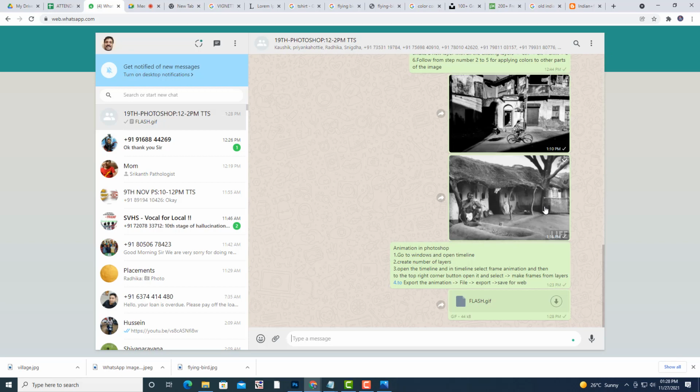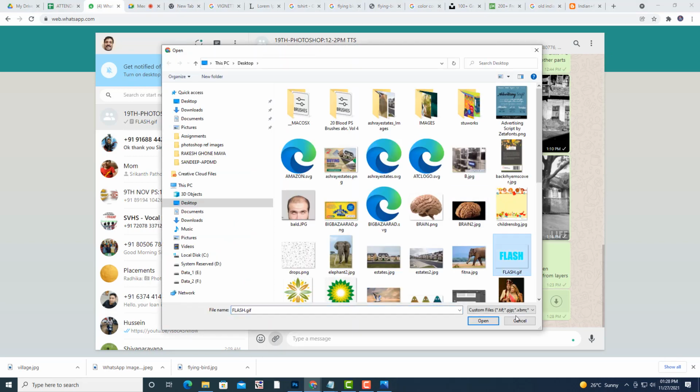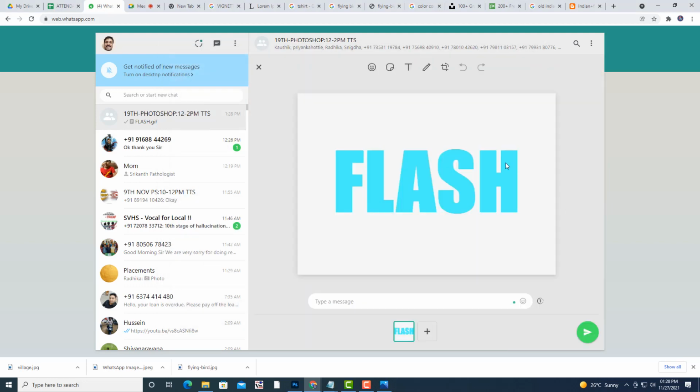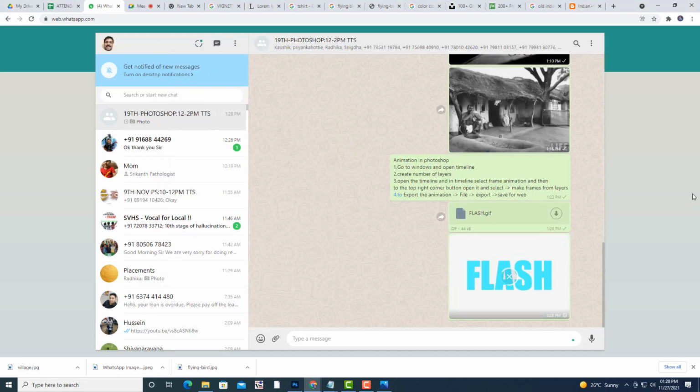Okay, it's shown as a photo. See here, photo. But I don't think we will get the animation. We will not get the animation. See, we are not getting the animation.